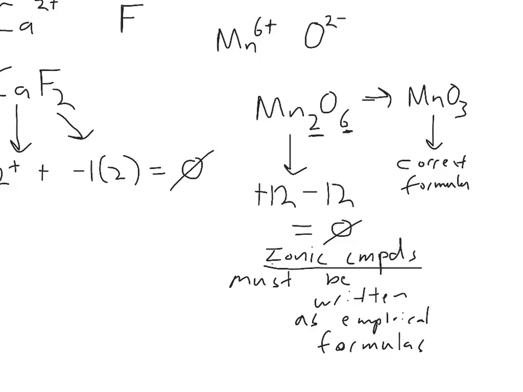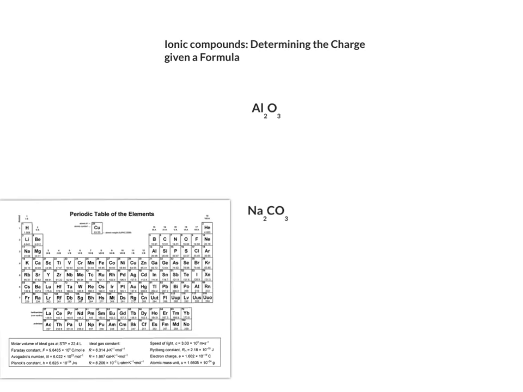So, first rule of writing an ionic formula: the sum of the charges must equal 0. The compound must be neutral. So how do you determine what the charge is for an ionic compound given a formula? You'll be given a periodic table on exams, and it is something that you need to be familiar with. If we look at our first example, aluminum oxide,